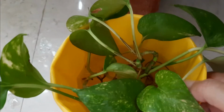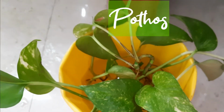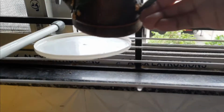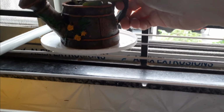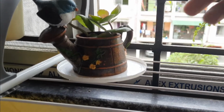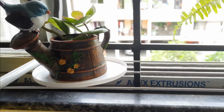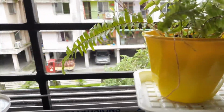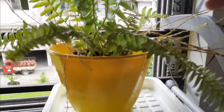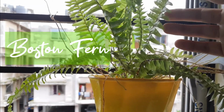Now let me take my money plant and pothos to the kitchen where I am going to decorate my window. I'm going to place one plate and place the planter on it. Doesn't it look cute? Now in this part, my plants get a lot of sunlight. Not the direct, but the indirect sunlight, which is very good for the plants. Now let me show you this plant. This is the fern,